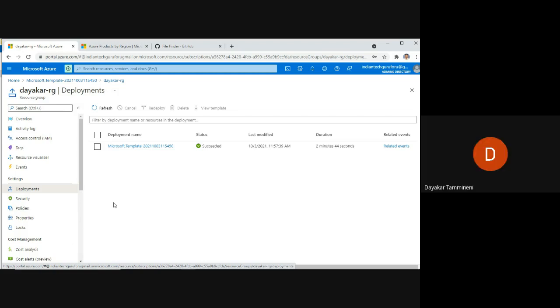Actually, JNTU Anantapur people have deployed their web application in the Azure portal. So the website name is jntua.results.azurewebsites.com. Like that, for example, if I am running online exams and the DNS name is onlineexams, then the address I am going to get is onlineexams.azurewebsites.net. Then the general public are going to access cloud services.